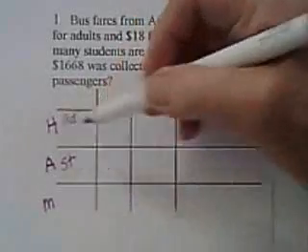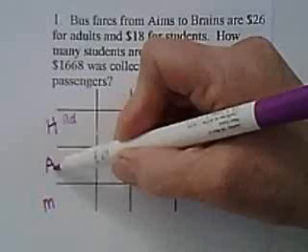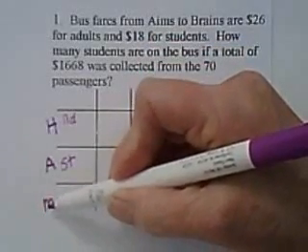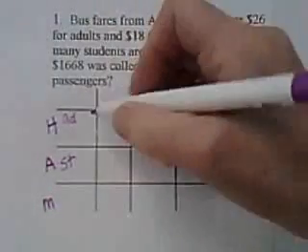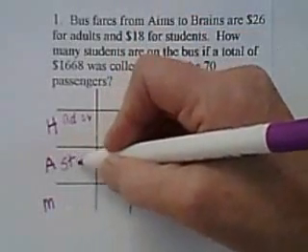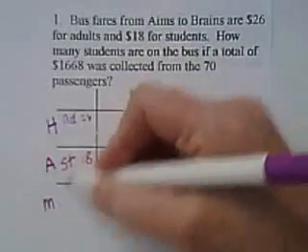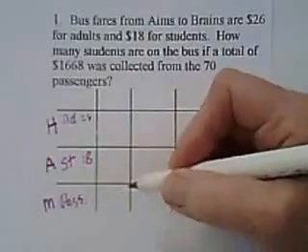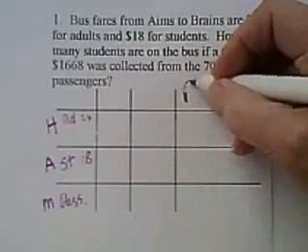So we use, like mentioned in the overview, the HAM, which is what you have, what you're going to add, or what you also have, and what you're going to make, mix, or obtain. So in this example here, we've got $26 for adults, and so that's what you have, and you also have students, which are $18, and the mix is going to be the passengers. And then you need to find out the top part, these 3. This last one's always the product